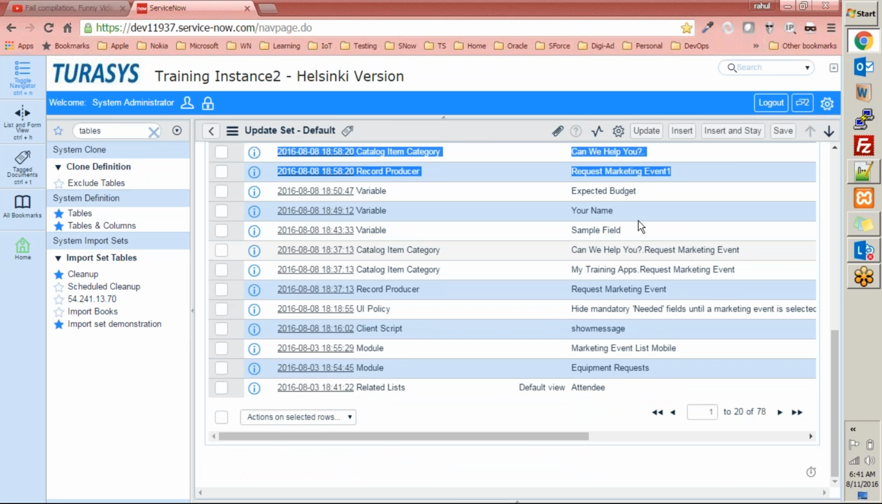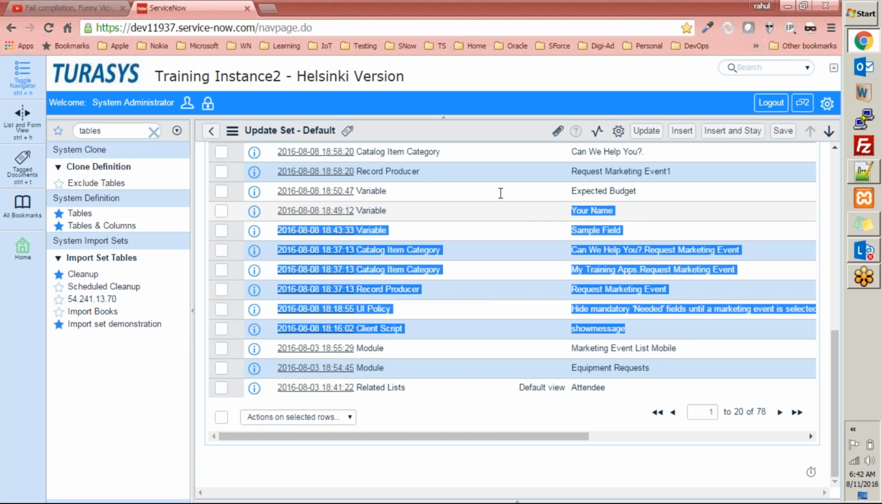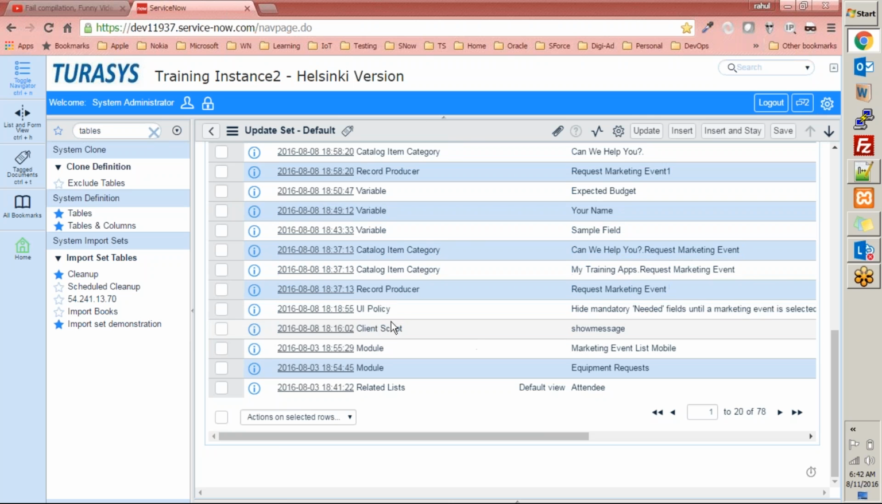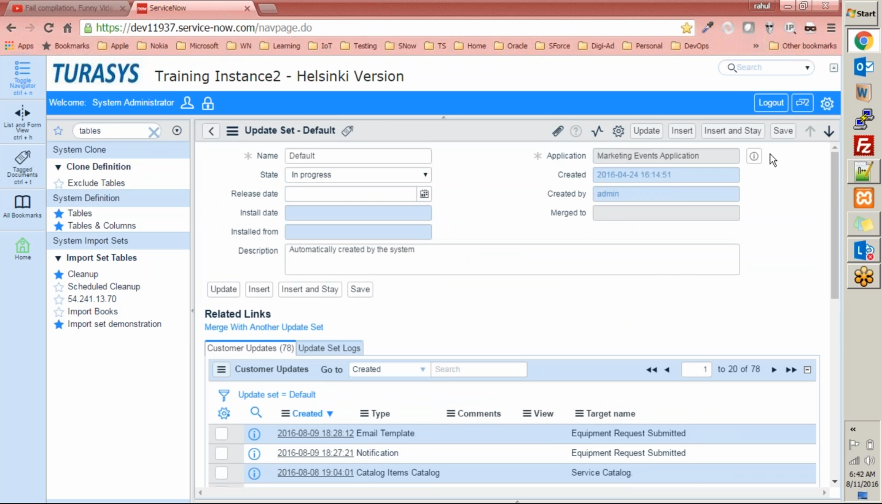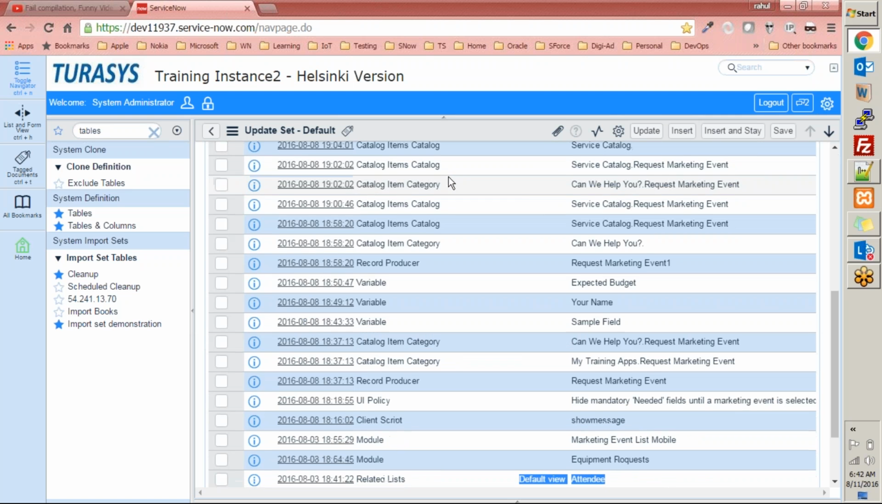We also did some changes to the budget, your company name, etc. So these are coming up here, right? Changes to the client script, changes to the UI policy, changes to the record producer, everything is recorded here, right? A couple of days before, we did change the module and we created marketing event list module. We did equipment request module. We played with the related list default view attendee. So all these changes that we have done to the marketing event application is getting recorded into this update set,